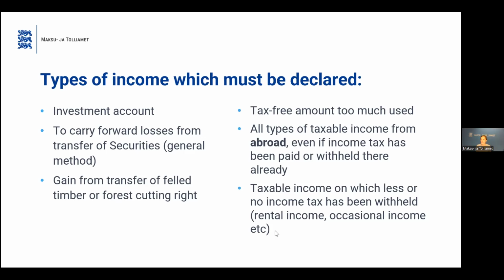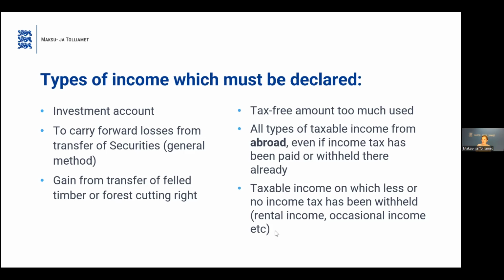And if, for example, accidentally, two payers have used the tax-free amount in calculating the income tax to be withheld from your income, for example, you have two employments, then you shall declare this tax-free amount, one tax-free amount, and pay income tax from it yourself.